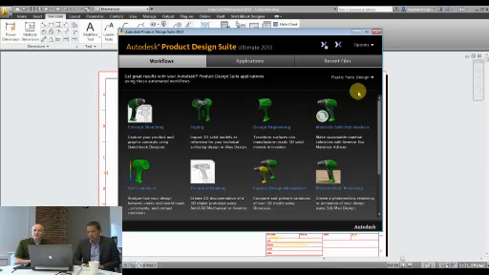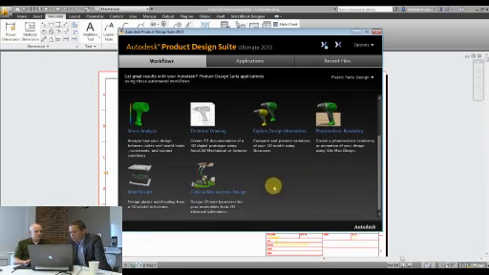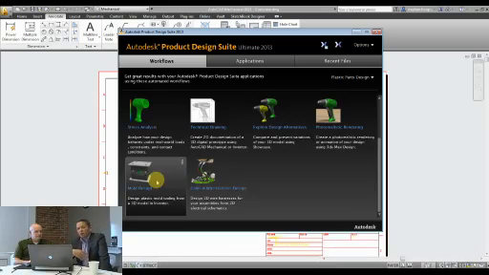Perfect. So we do have one question specifically about the Launchpad. Stephen, maybe you can talk a little bit about some of the other functionality that can be accessed through the Launchpad. Yeah, sure. So we've already covered a little bit here today, but most of these tasks are fairly self-explanatory. If you look through them, you'll see that if we're working with plastic parts, we might actually want to create a mold and tool die design. Obviously, mold and tool die is part of the product design suite, so there's a task in here that would guide you through that process.